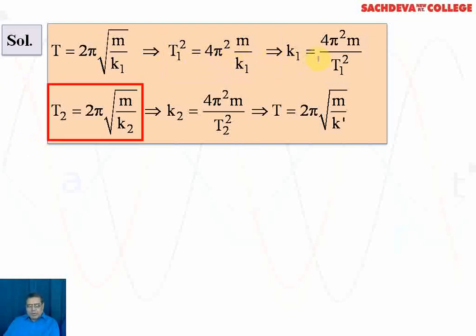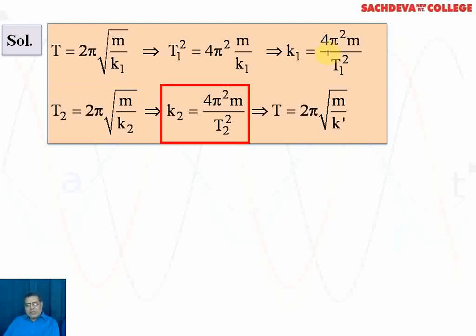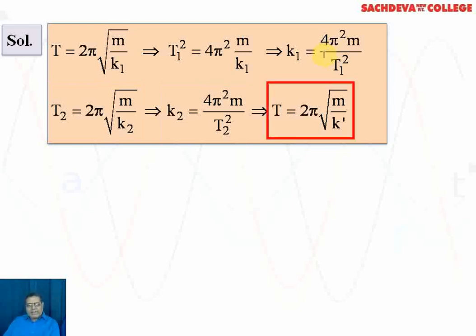Similarly, T2 is taken as 2 pi under root m over K2. This is the second spring. And from this, we get the value of K2 by squaring. And now, finally, we will write the time period as 2 pi under root m over k dash, because the value